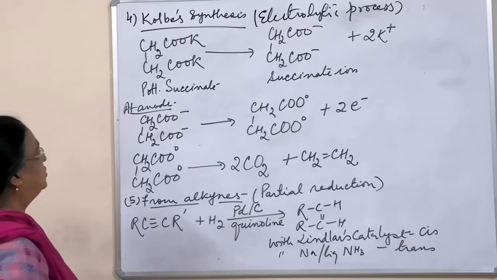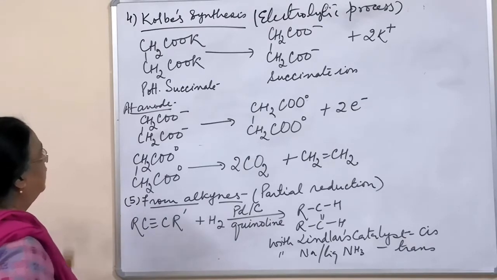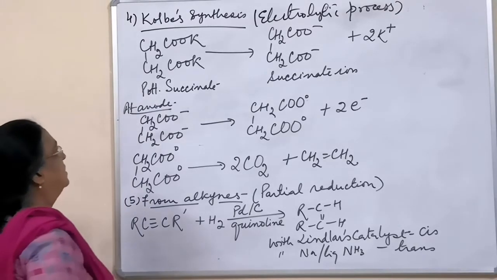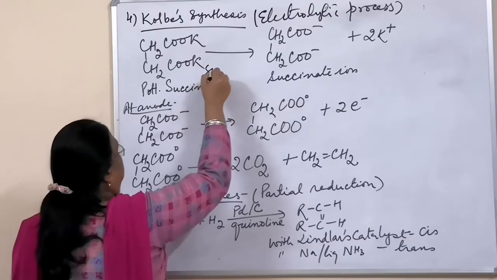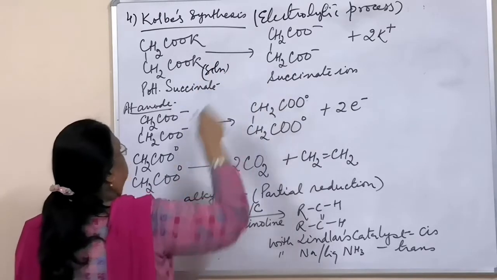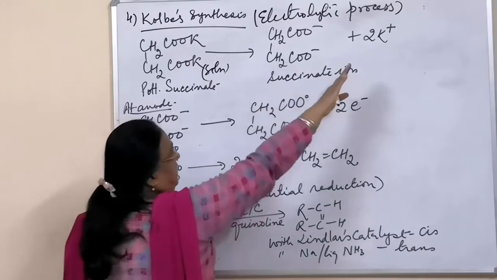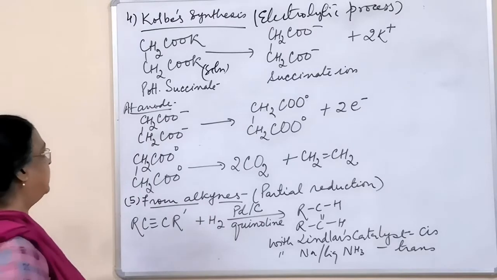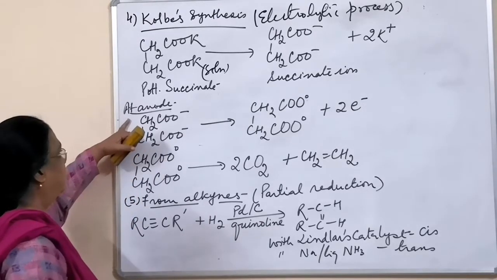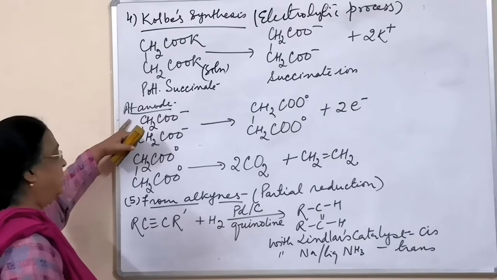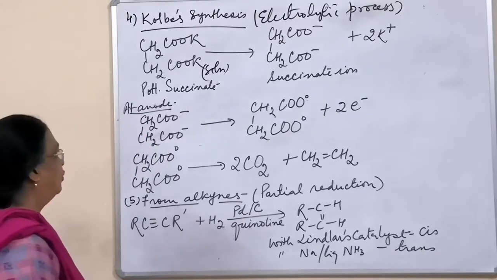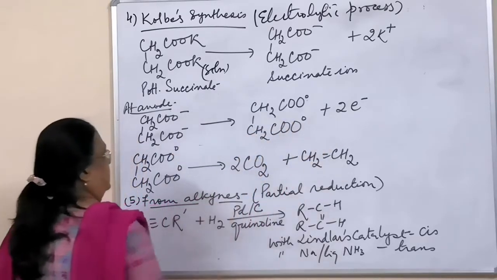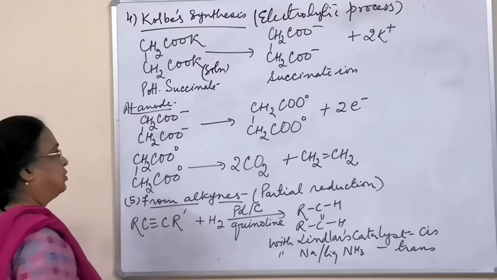So here we have potassium succinate, the salt of a carboxylic acid, a dibasic acid. When the solution of this is taken, it splits into its ions. The metallic part is out, and this is called the succinate ion. It has a negative charge, as you see. So on passage of current it will be attracted to the anode. The anode is the positively charged electrode, so it will lose its 2 electrons and turn into a neutral succinate molecule.